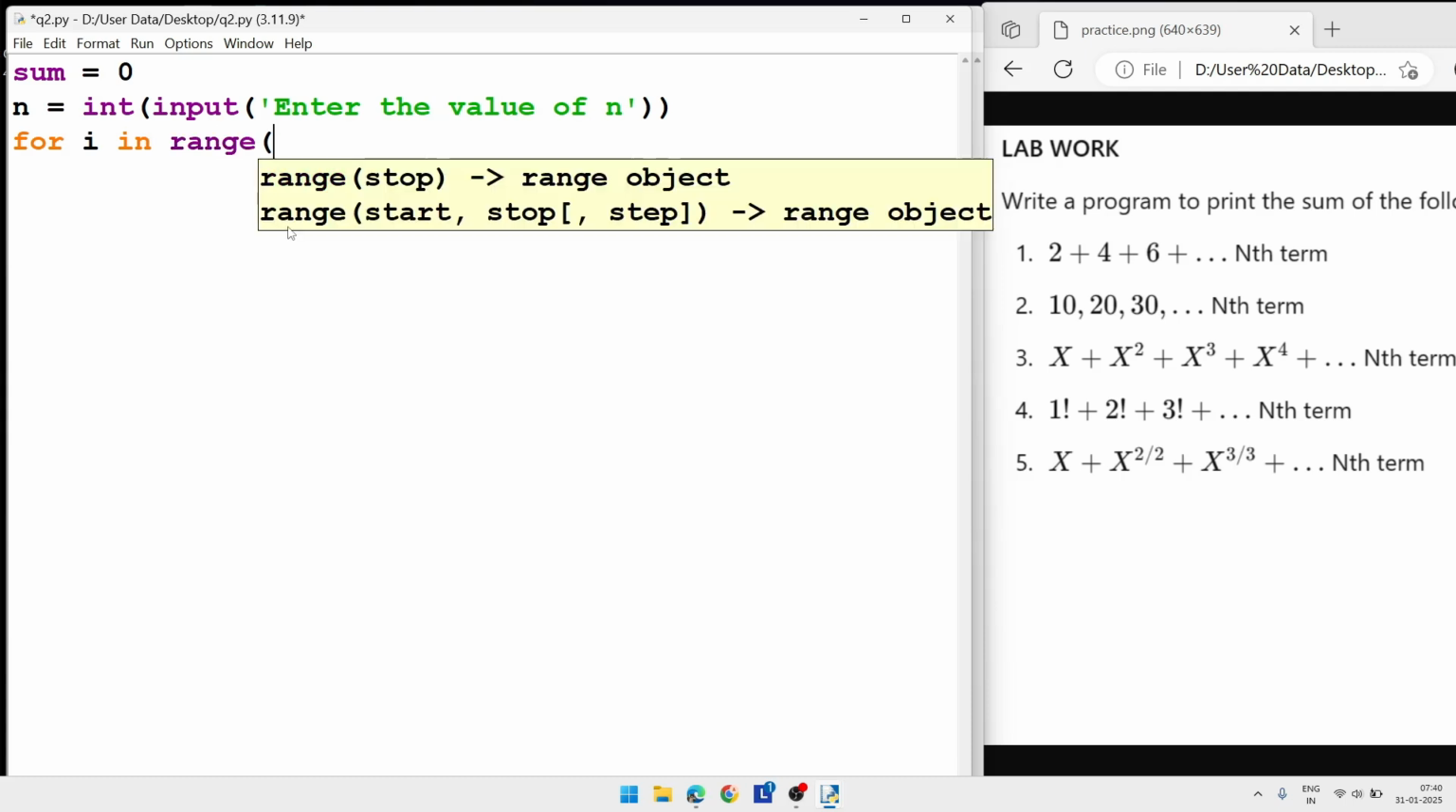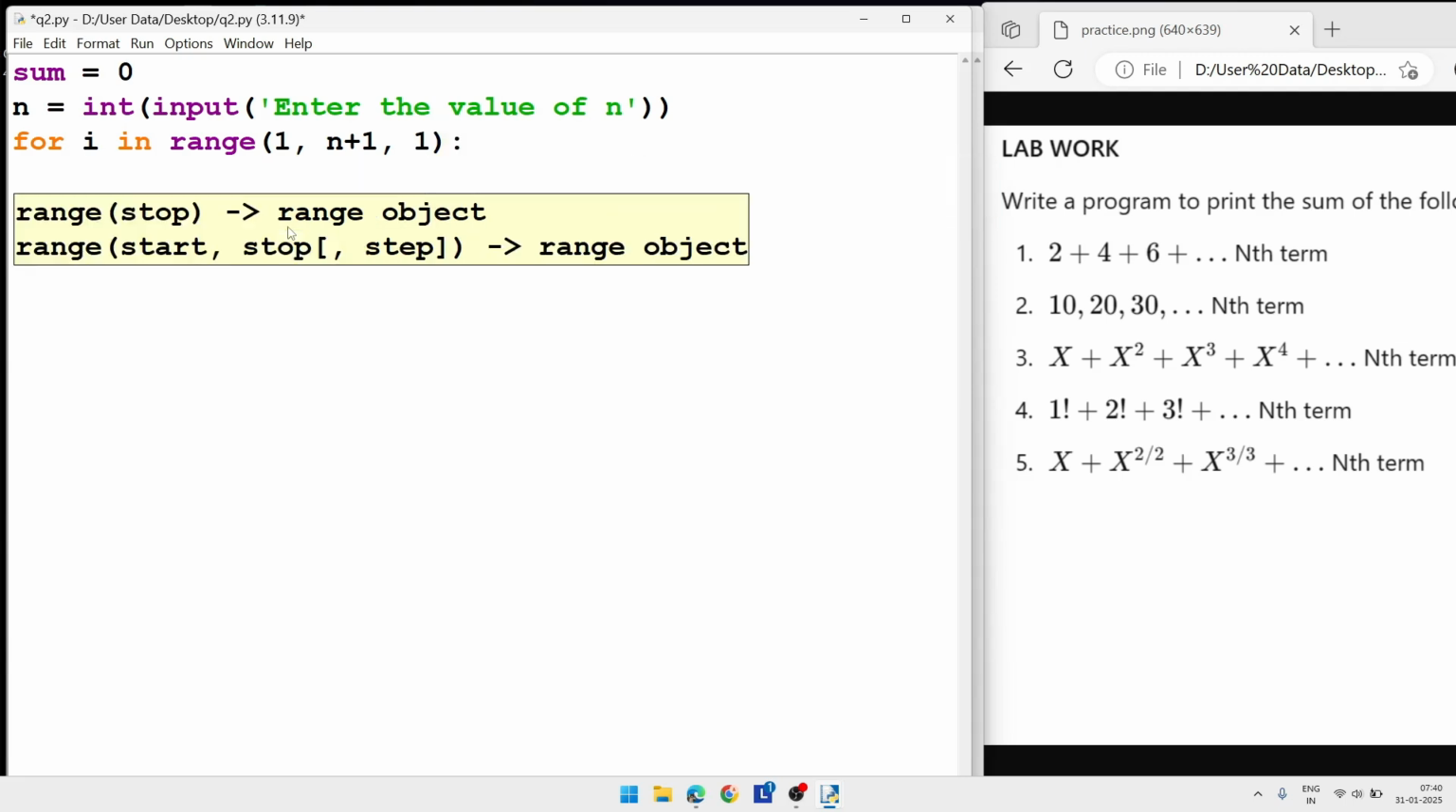This is for question number 3. Here our starting number will be 1, stopping number will be n plus 1, and step value is 1. Then bracket close, colon. Here we'll write sum equals sum plus, and as it goes like